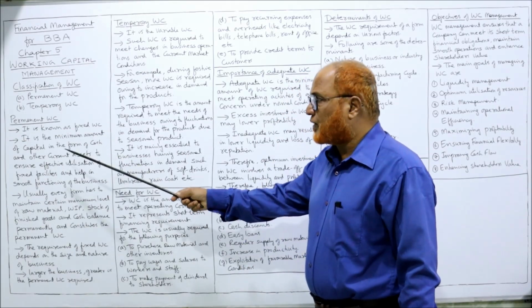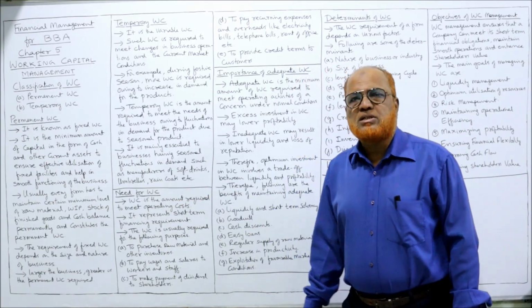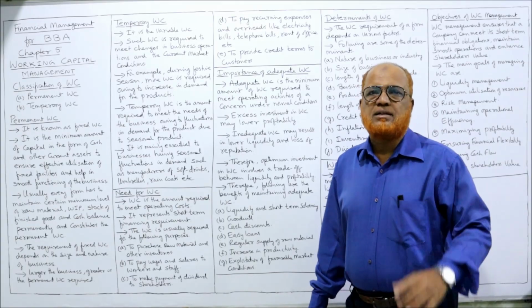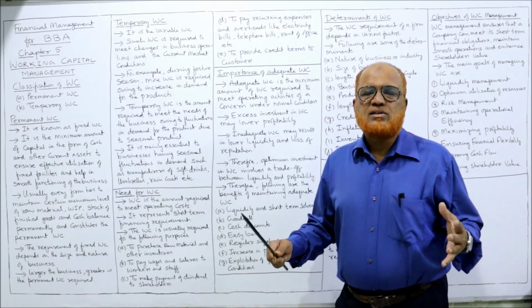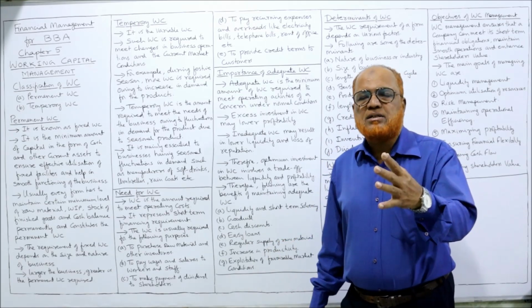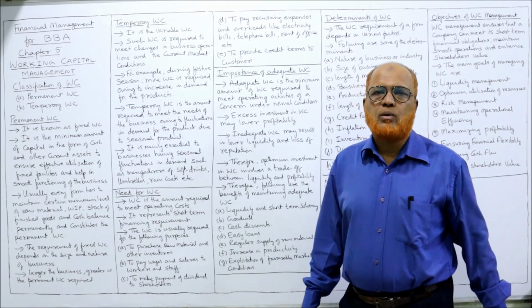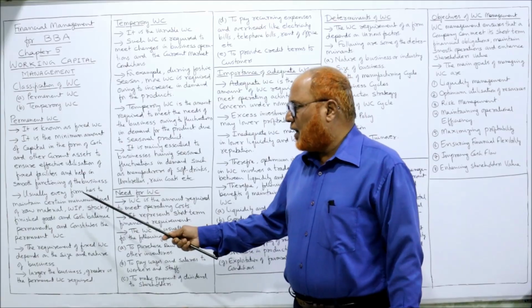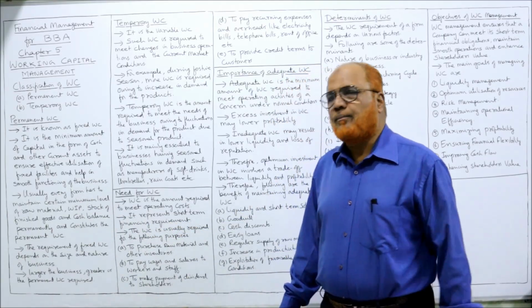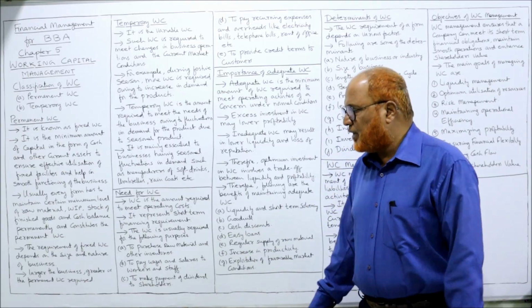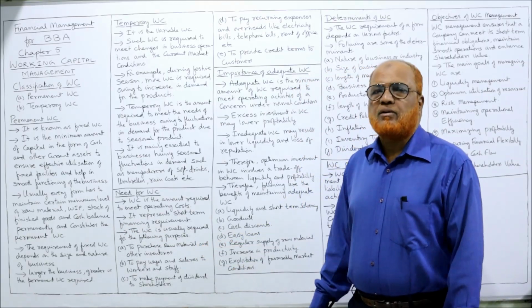It is a minimum amount of capital in the form of cash and other current assets to ensure effective utilization of the facilities. Facilities means all the fixed assets. Whatever fixed resources we have, to effectively utilize those resources, we need a minimum amount of working capital. And usually every firm has to maintain a certain minimum level of raw material, work in progress, stock of finished goods, cash and cash equivalents permanently, and these constitute permanent working capital.